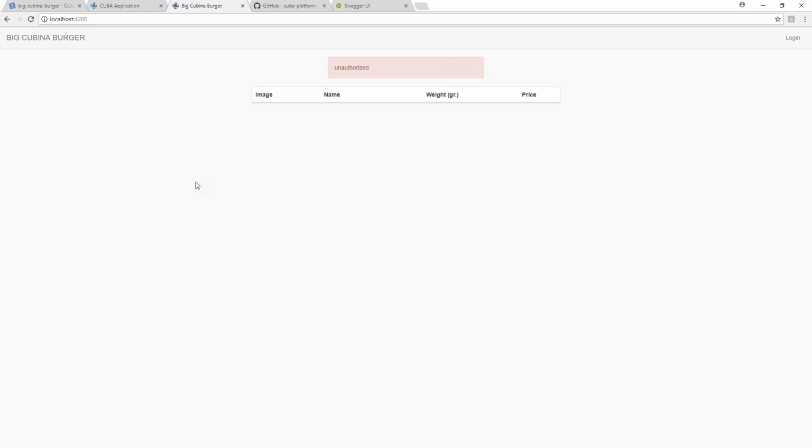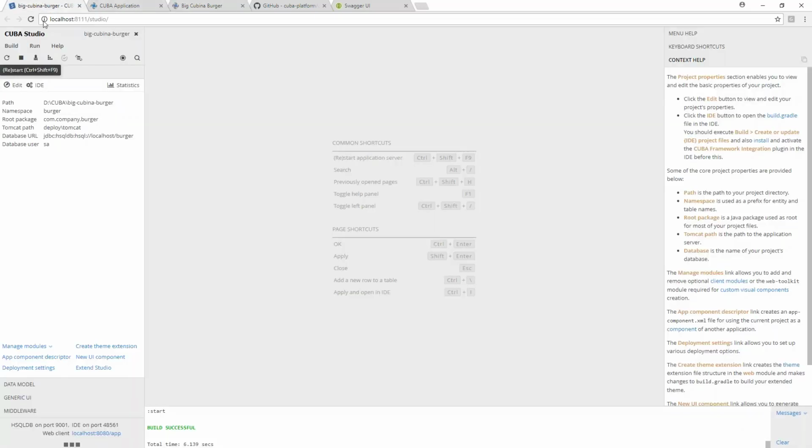If the request to a protected resource doesn't contain the authentication header, then the user will be authenticated with the anonymous session. By default, anonymous access is forbidden, and to enable it, we need to set the cuba.rest.anonymousEnabled application property to true. So let's go to the studio and click the IDE button